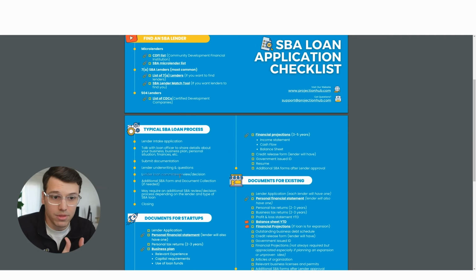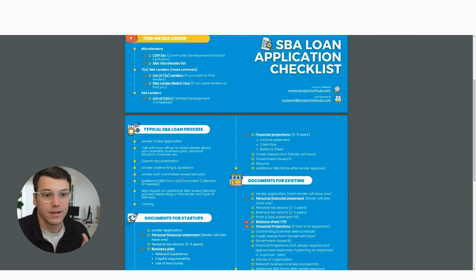Eventually, if the underwriter says, yeah, I feel comfortable with this, based upon the information and the answers to their questions, that's going to move forward to some sort of committee that actually has to review it and make a decision, yes or no, on that loan. Now, in a microloan case, that's typically the final step. If a loan committee approves it, that loan can move ahead with closing.